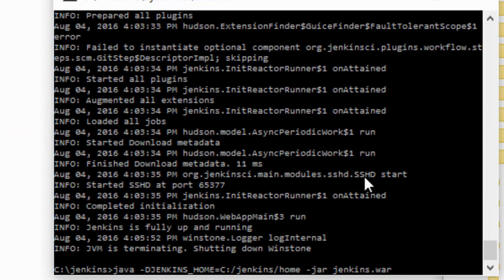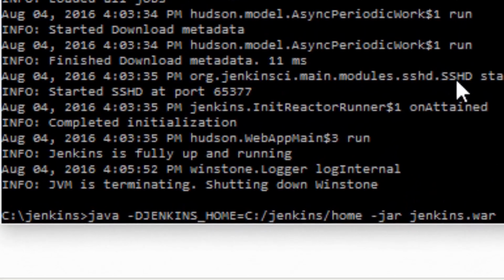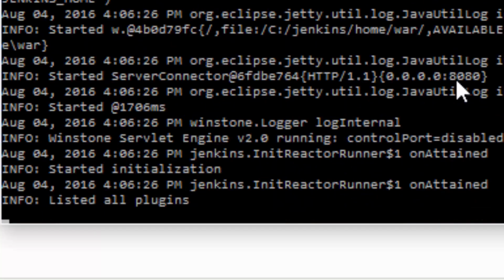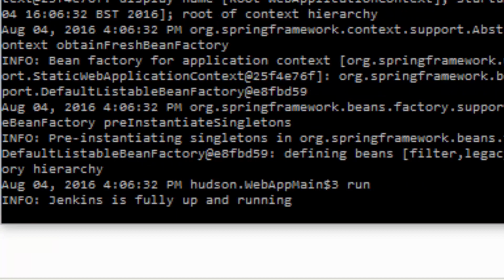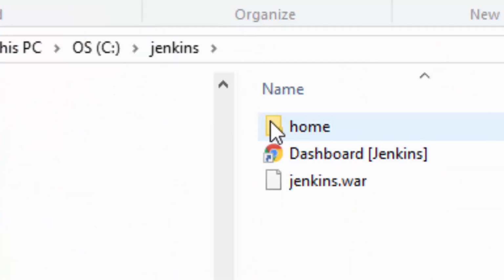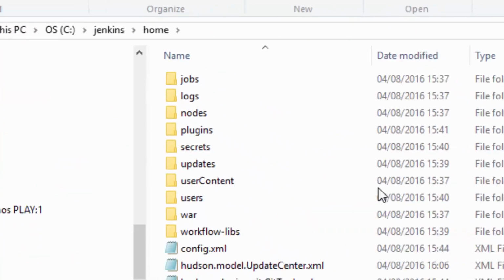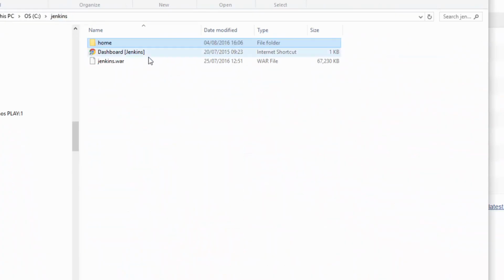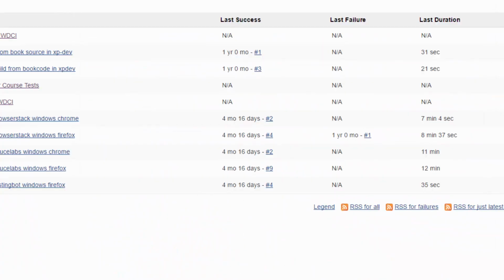So here if I do java, set the system property JENKINS_HOME, set it with the -D, so -DJENKINS_HOME equals, and then I set the folder that I want to be the Jenkins home, which in this case is going to be /home in my main Jenkins folder. And if I do all that with the setup, then in c:/Jenkins you can see that it's created a home directory, which is another configuration of Jenkins. And if I refresh Jenkins now,